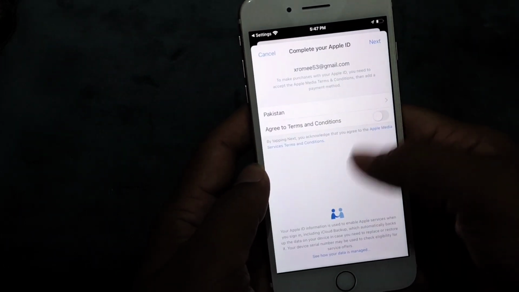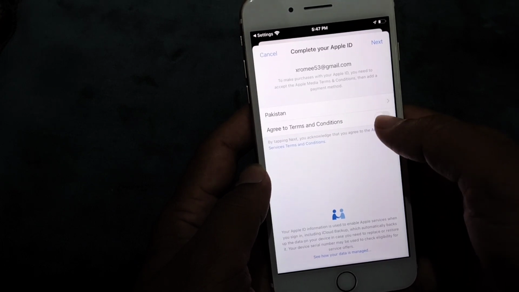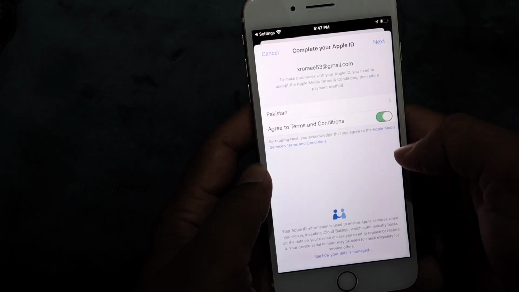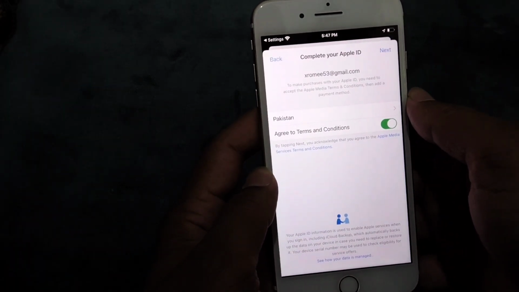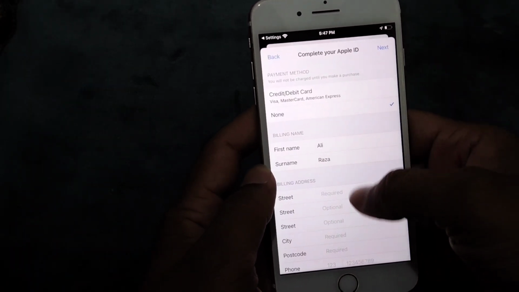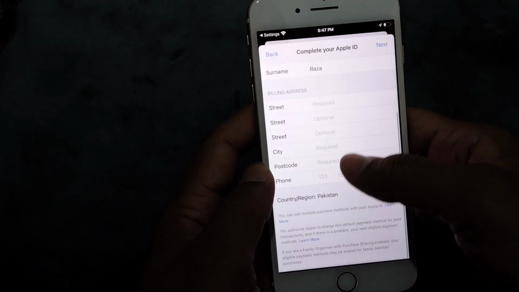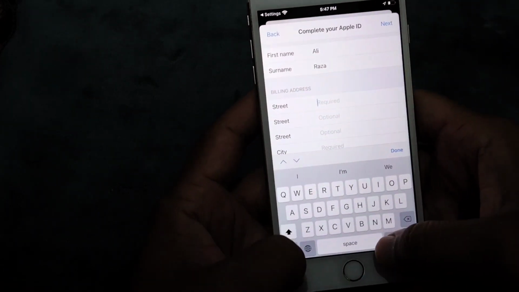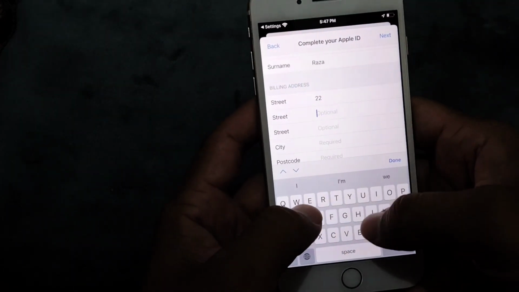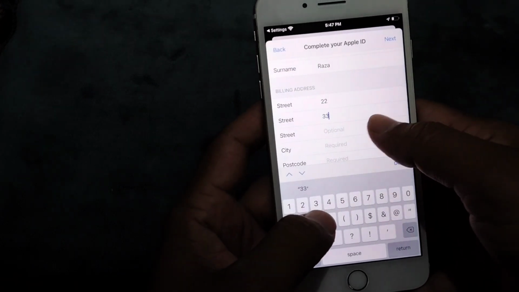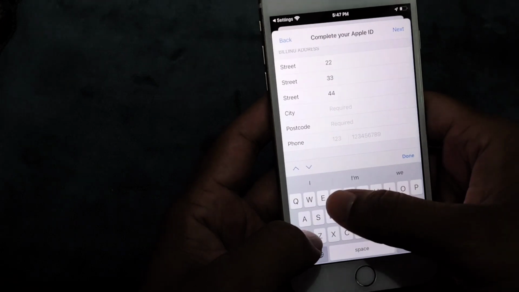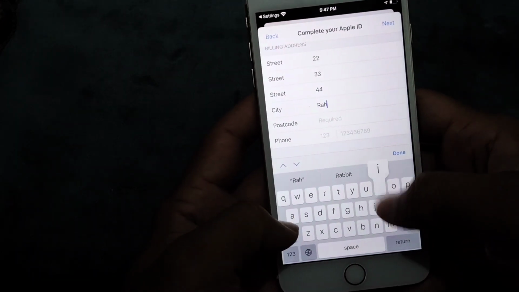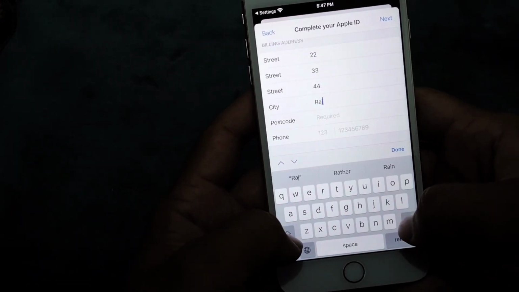After this you will have to agree to the terms, turn it on and then tap on Next. Here you will have to give some information about your address: street 1, street 2 and street 3. Give numbers of your streets, give your city name,